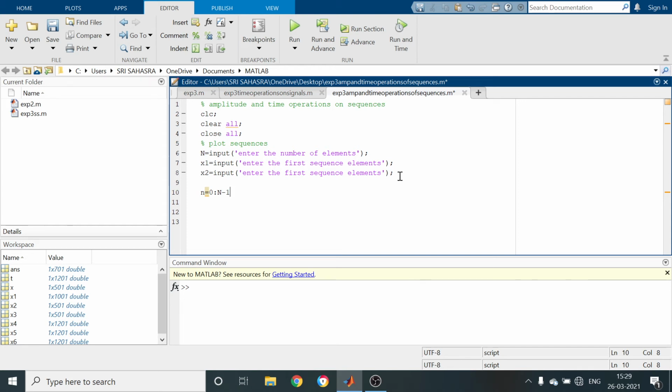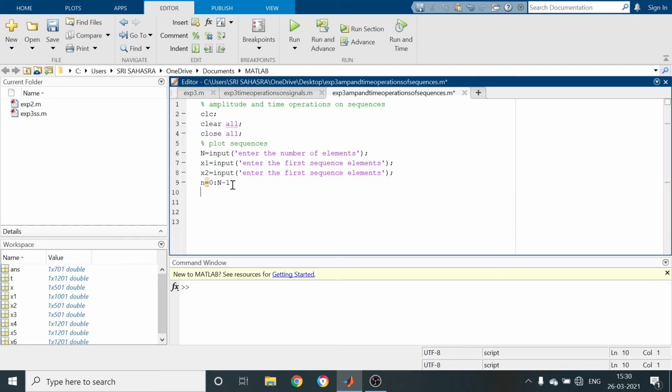Suppose you are entering 5 elements, the index starts from 0, 1, 2, 3, 4. So we consider x of 0, x of 1, x of 2, x of 3. That's why we write small n. The time index starts from n equal to 0 to n minus 1.